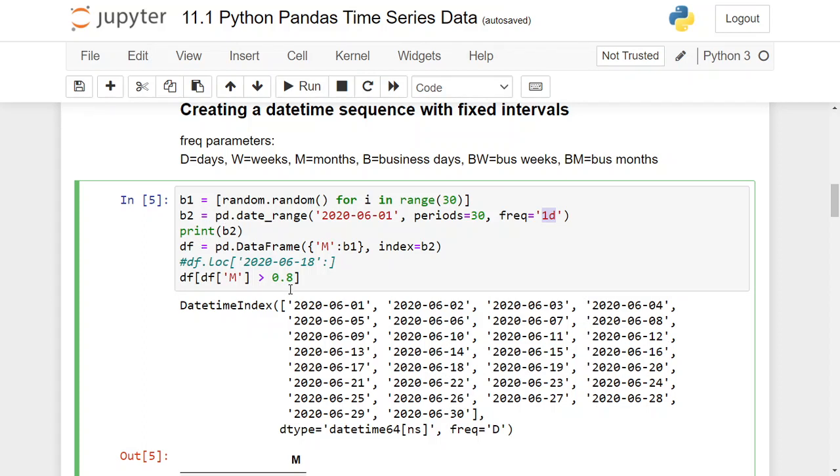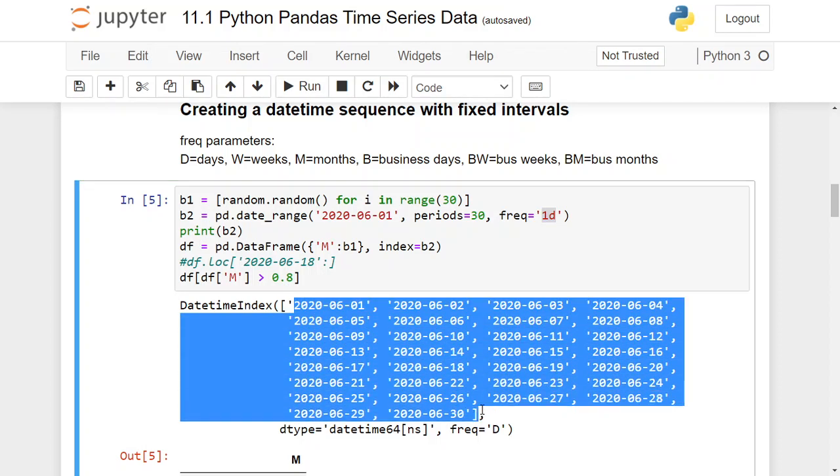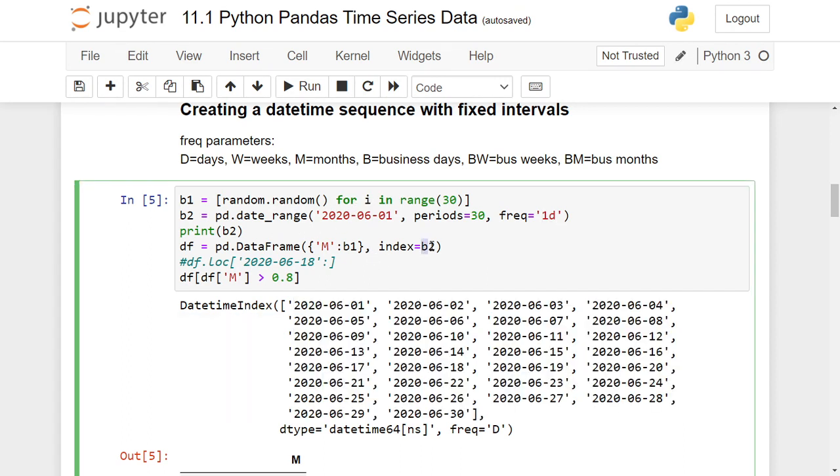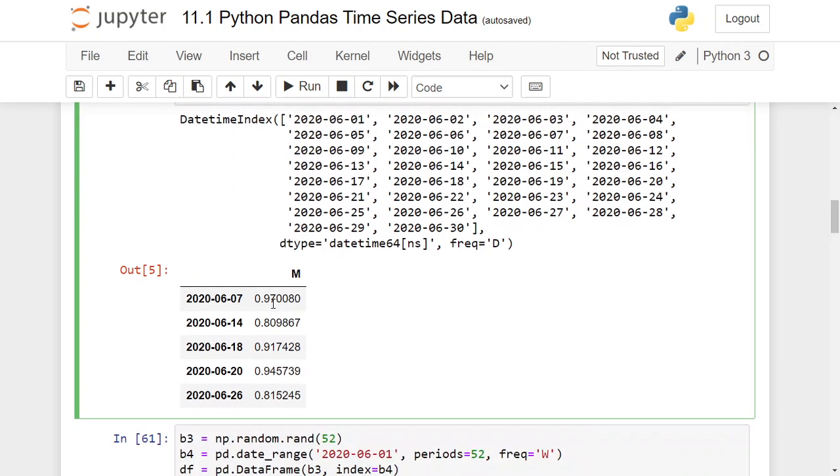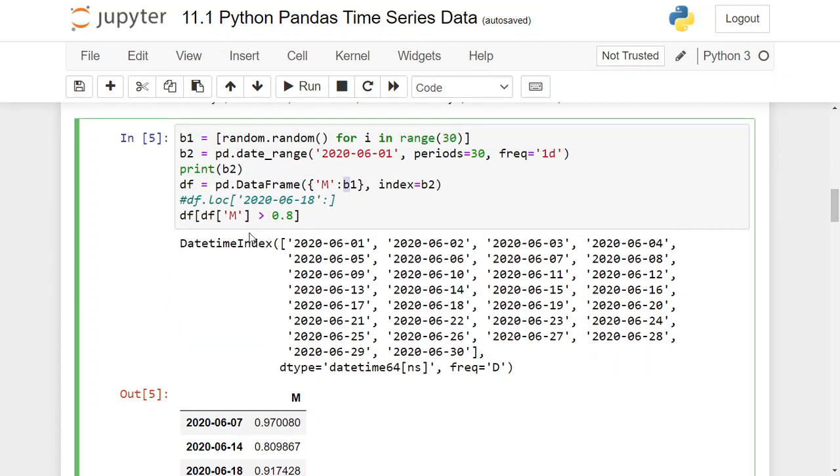And then here's the dates, how the days look like, and we can actually combine the two things together. The index will become the date, and the data will actually be the B1, the random numbers. So the M will look like this when you actually show df